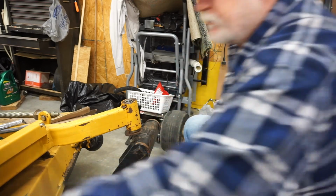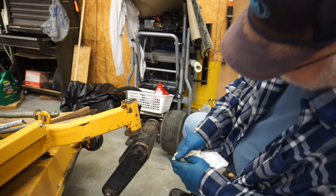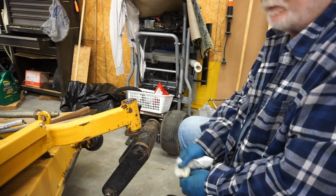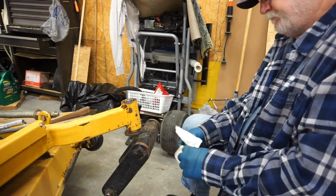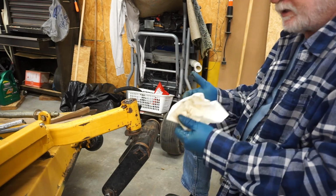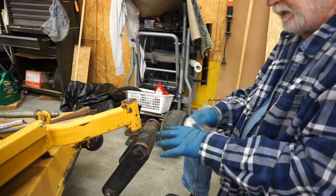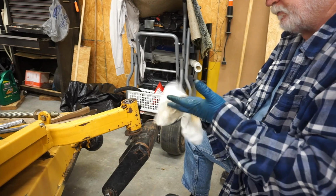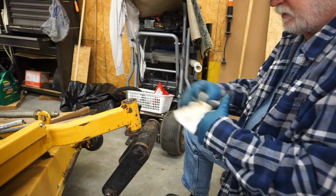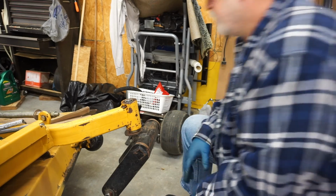And let me wipe my hands off here a little bit, and we'll stop the camera for just a moment. We're going to, oh, I see what's happening. It's bringing the bottom bearing out with it. That's a good thing. That's also a bad thing. It's a bad thing when you're out of acetylene and oxygen, because that means I will most likely have to cut that bearing off of that spindle. And if that is so, then that means I've got to make a run to the Airgas company, give them a plug here, to pick up some